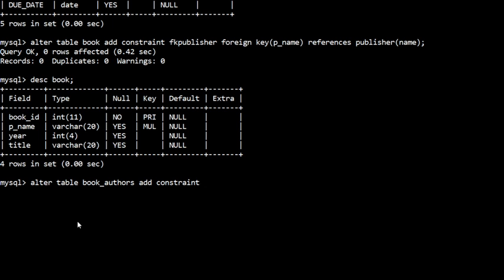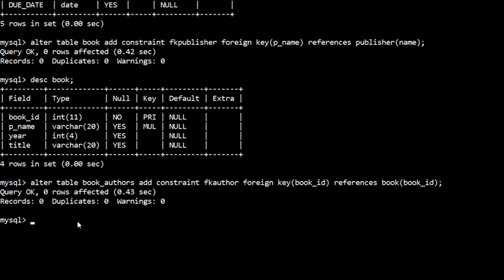Suppose if you want to drop the constraint or modify the constraint again, then using that name you can modify. Okay, so here I'll just write foreign key, book foreign key author, and foreign key of book ID, references book of book ID.